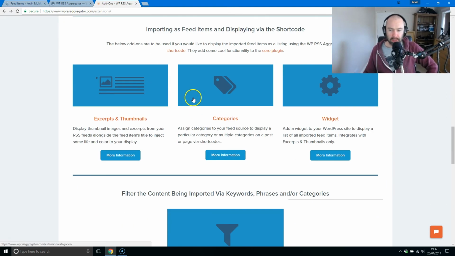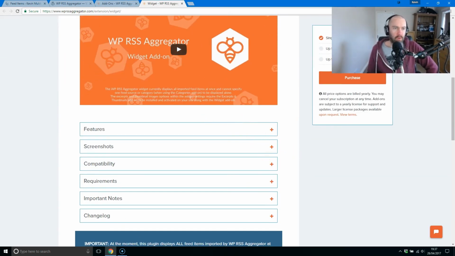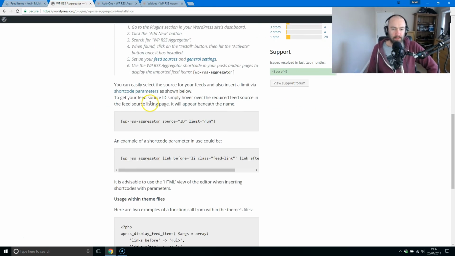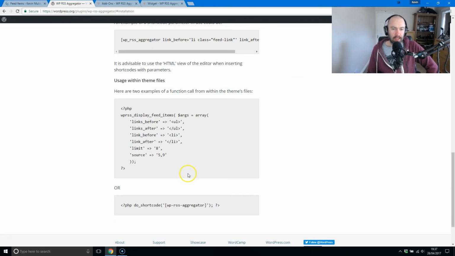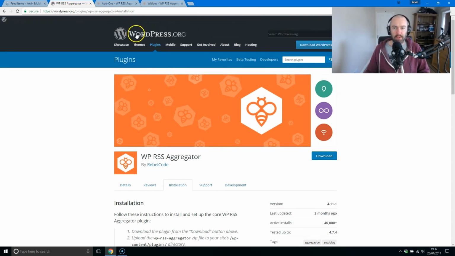Okay, there's one other one at the end. Widget. And this is just a simple widget. If you look in the installation page, it shows you that there's a shortcode and you can put it in a template using PHP code. But there's also, what am I talking about? Oh, the shortcode. Yeah, what I was going to say was, if I find this plugin for you, I use a plugin to,